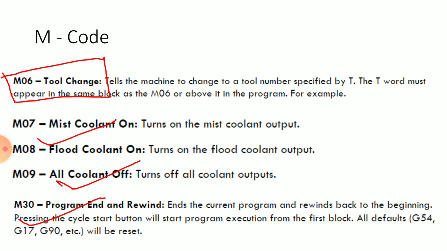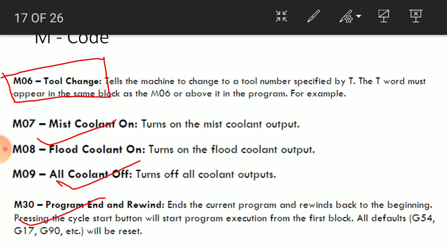So these are some basic G codes and M codes. In the next lecture we are going to start studying thoroughly what the work holding devices and tool holding devices are, and how we are going to use pallet changers. We will take some examples of these operations on the lathe machine and milling machine, and also how we are going to perform the programming using a computer and how we can perform the operations on a lathe machine and a milling machine. So for this lecture we are going to stop here.